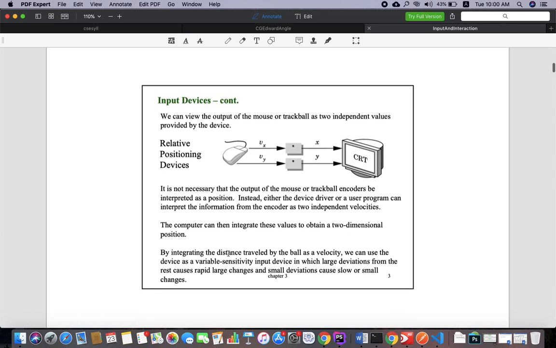Majorly the trackball is going to integrate the distance and the velocity of the trackball. The distance and velocity the ball has traveled, we're going to render that to the cursor movement on the monitor. That is what we have with relative positioning devices.